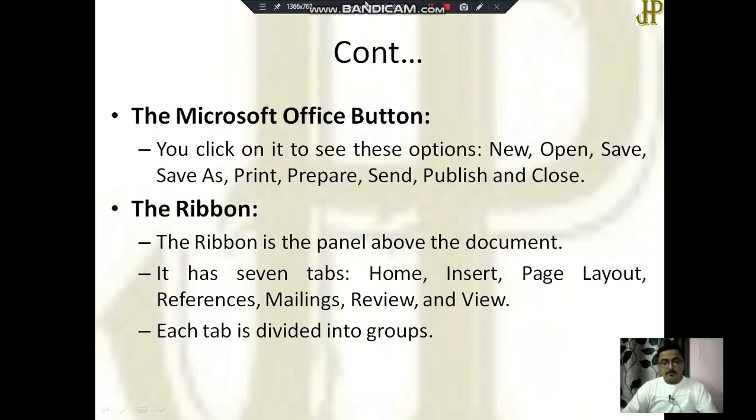The ribbon, as I already told, the ribbon is the panel above the document. It has 7 tabs. Each tab is divided into groups. I will discuss each of them in a separate video.